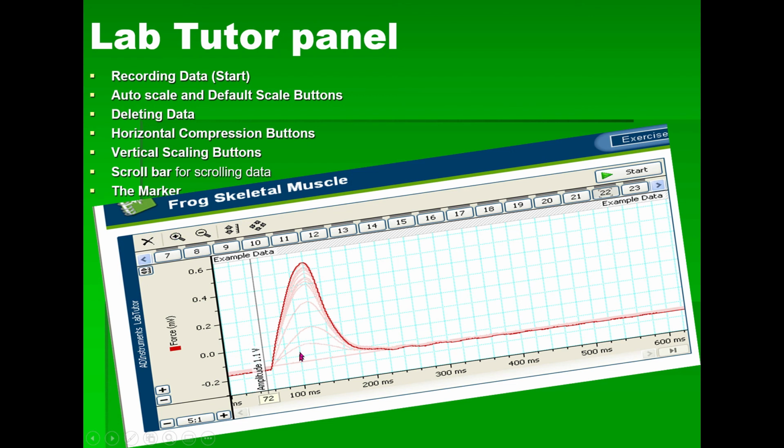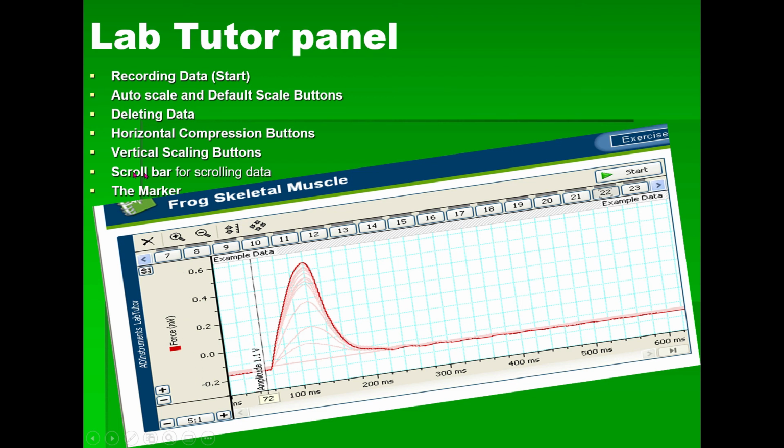Then we have the plus button to increase the size of the graph so that we can see it properly, and the minus button to decrease the size of the graph. We have two types of plus minus. This plus minus indicates horizontal compression, and this plus minus gives you the vertical scaling or vertical compression. With these buttons, you can change the size and look of the graph, not the values. Always remember this will not change the values. The look of the graph will be increased or decreased so that you can understand it.